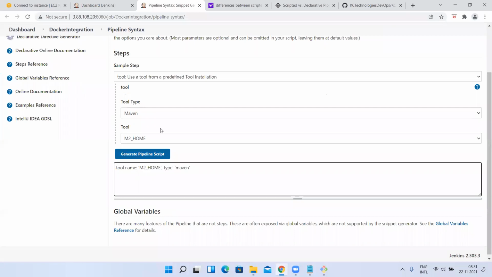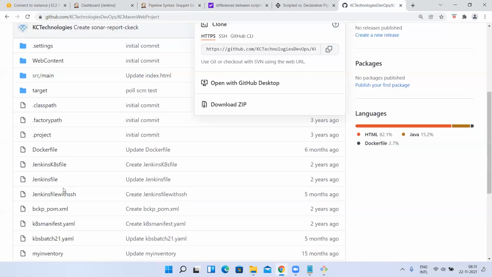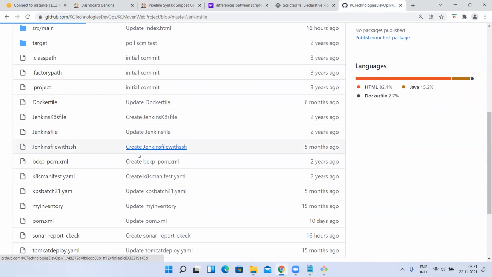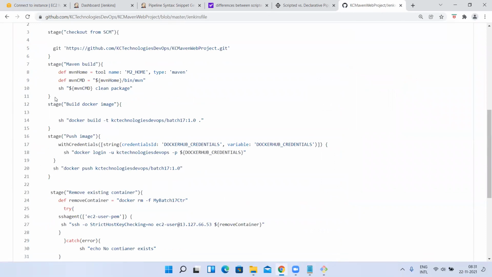So what it contains is, in the global tool configuration, with the name m2_home, we have set one path. In the global tool configuration, we have configured Maven with the name m2_home. For that, we have set the path /opt/apache-maven version and so on, right? That path it is going to give. Let me explain that. Instead of typing everything, let me quickly copy and show you.